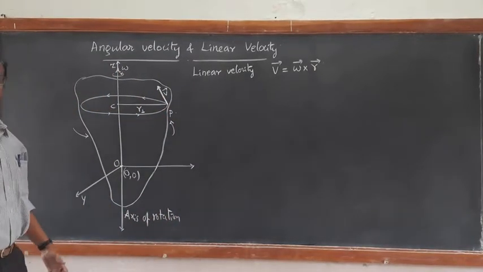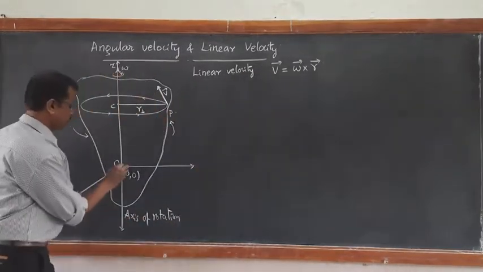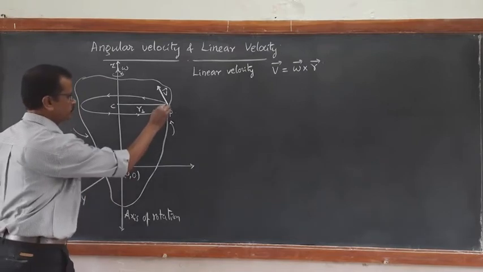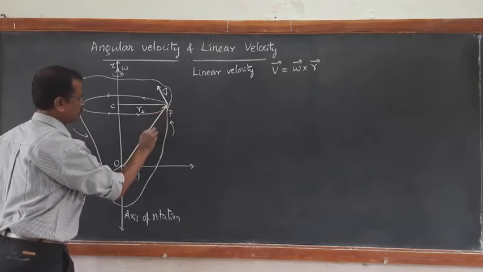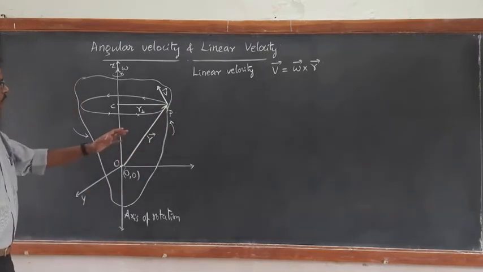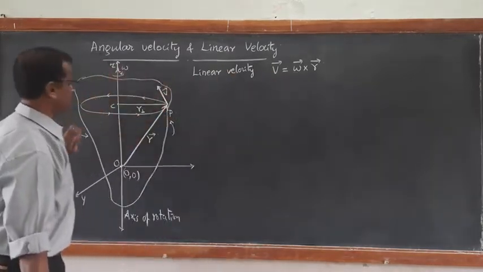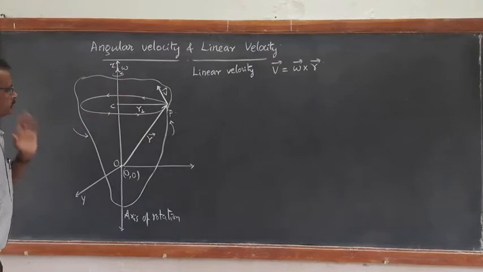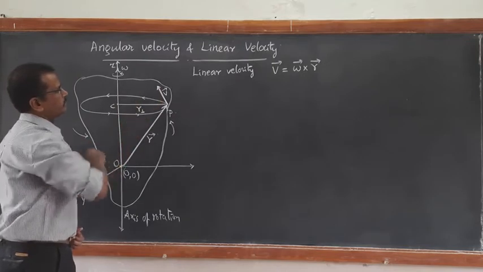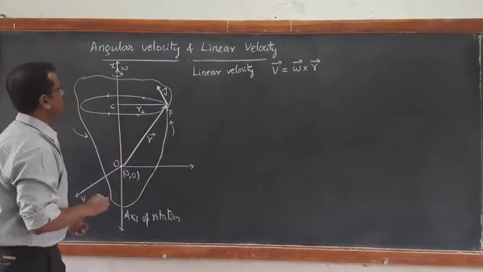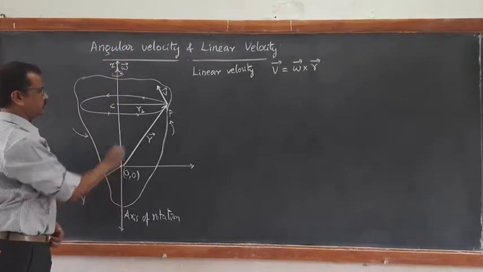Then what is r? From our basic knowledge, vector r is the position vector which is measured from the origin. So if you draw this, it becomes the vector r, the position vector. Now we have to define v vector equal to omega cross r using this diagram. Here it should give you r perpendicular multiplied by omega. We know omega is the angular velocity which acts along the axis of rotation.